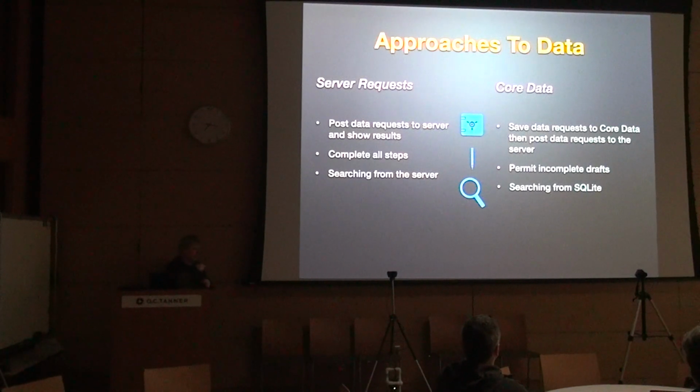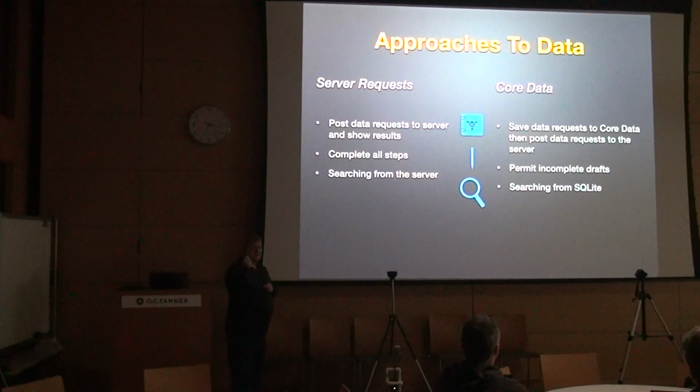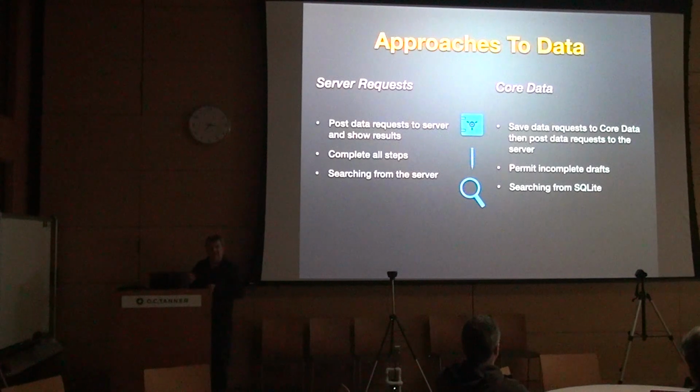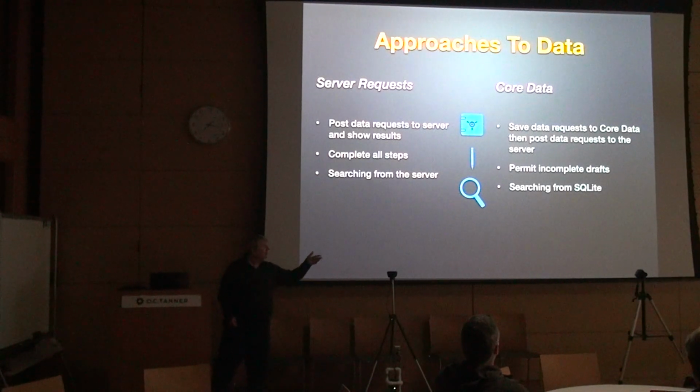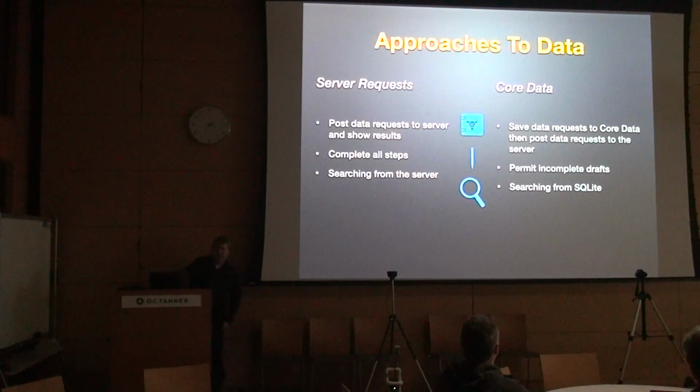If you have core data, what's interesting is you can easily create drafts and persist them. And you can even take your drafts and save them across iCloud as well. Like let's say that you start to do some 10-step process of something. You start it on your phone, but then you want to finish it on Mac or iPad or whatever. You can actually complete a draft. This is pretty standard stuff for most mail programs.